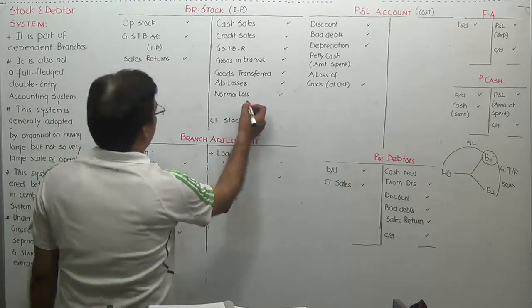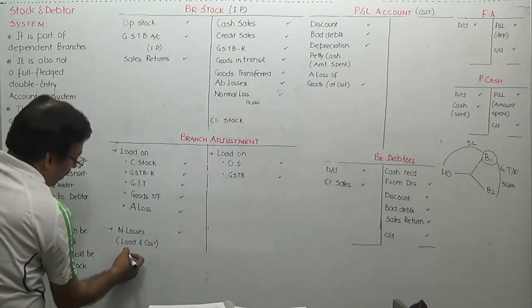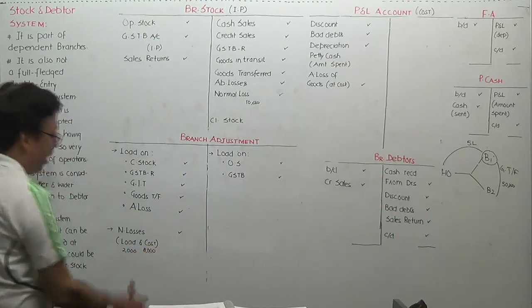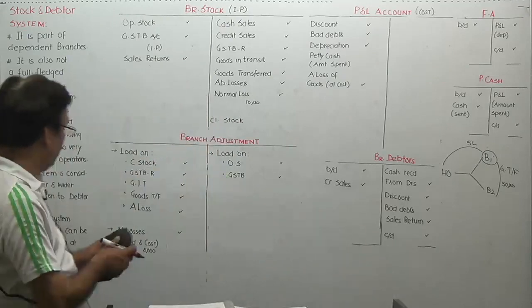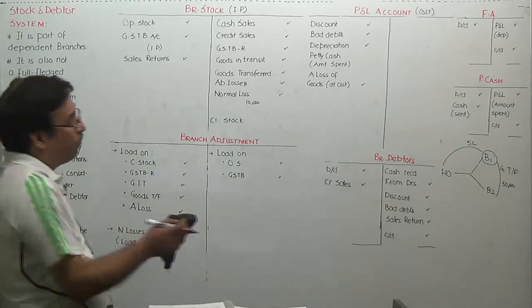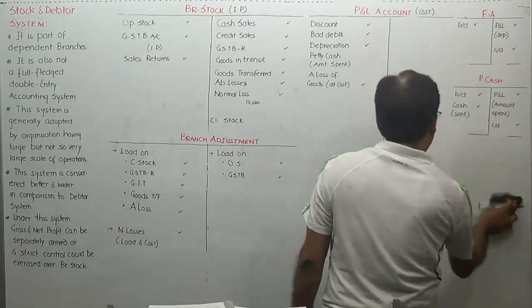Suppose normal loss is 10,000 and 1/5 is the loading rate, then 2,000 is the loading and cost part is 8,000, then we are going to debit it entirely to the debit side of branch adjustment account. But why? The reason is that, see here,